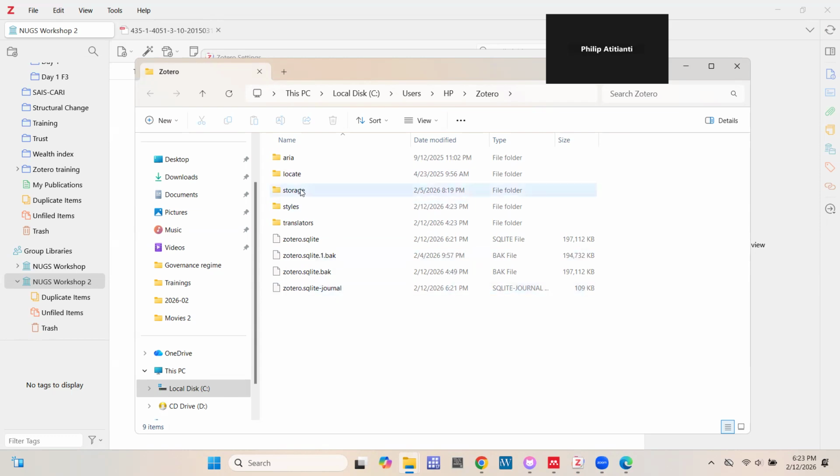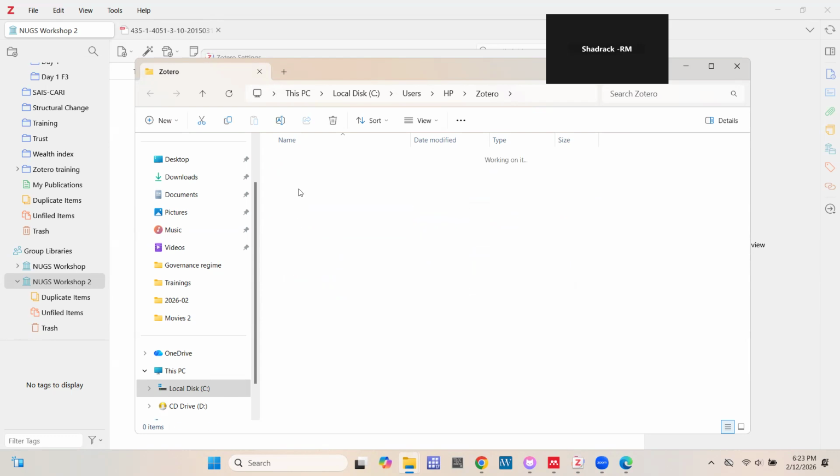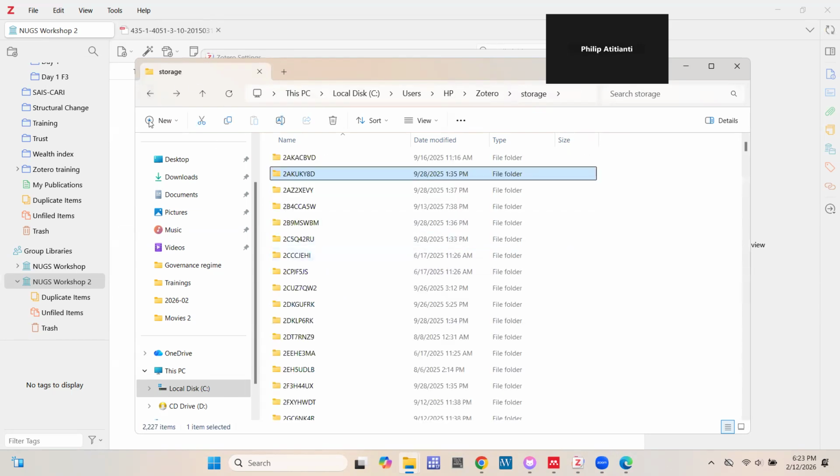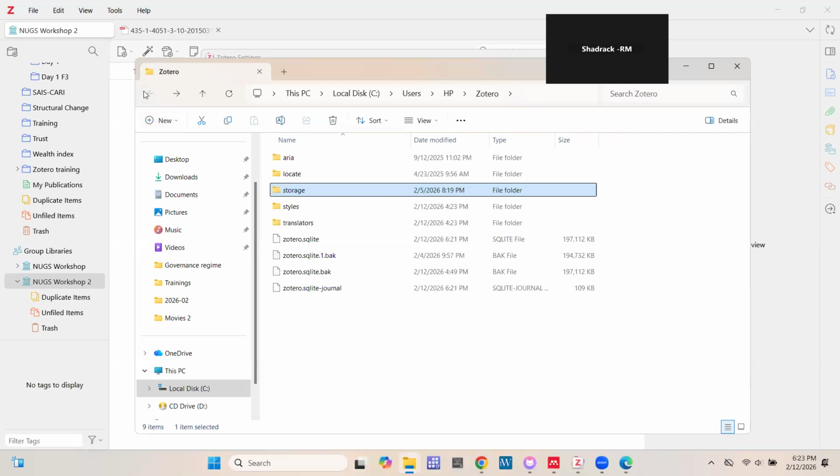So once you want to create a backup, you can just copy either all these files, or you can go to storage, and then you will be able to access all the PDFs, all the information, everything. You're able to access all of them here, and then you can copy them and keep them as a backup, so you don't have duplicate files perhaps on your computer. So this is just a quick tip in case you want to create a backup.